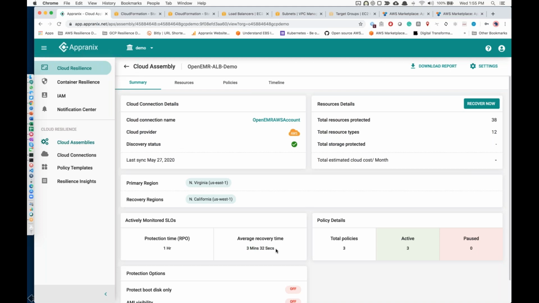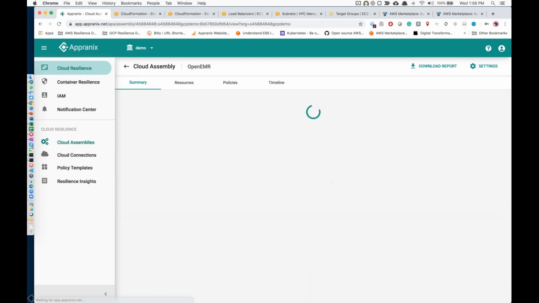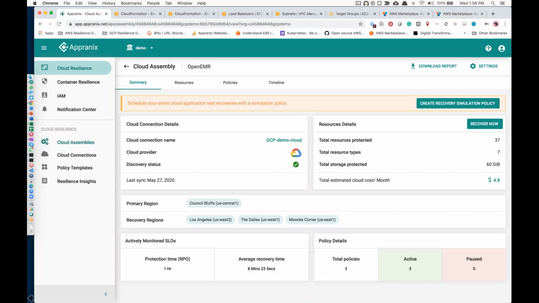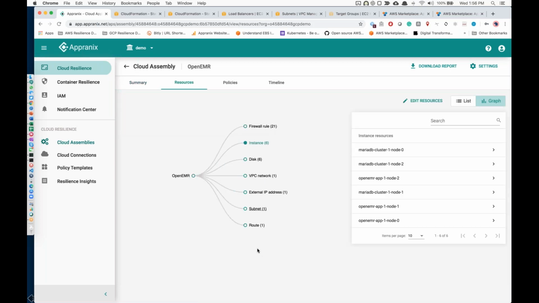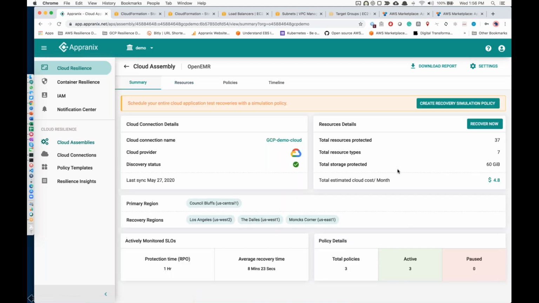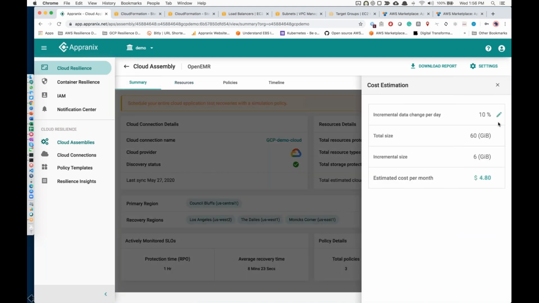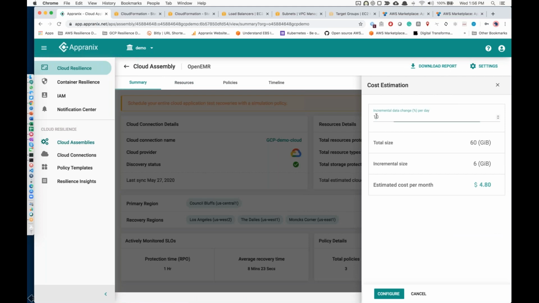Cloud, by the way, is not infinite, so you will have to make sure that the capacity is available on the West Coast. And your RPO. Sometimes you can also make decisions based on cost. To protect an entire environment of this many resources, I have to decide depending on the change rate of 10% or 20% and so on.